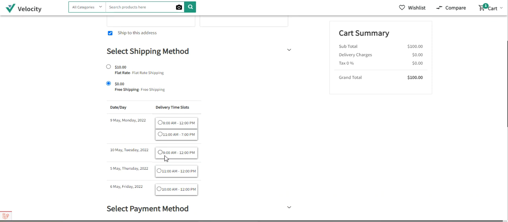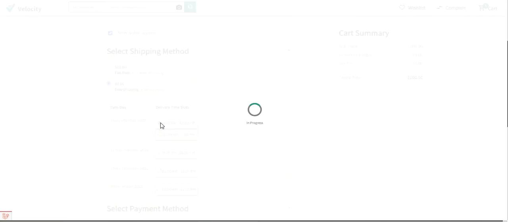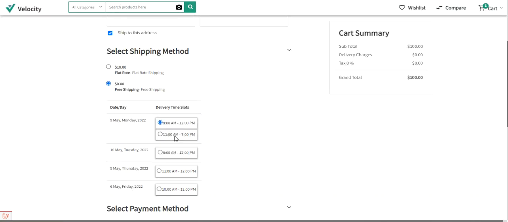For 10th May, I've created one from 8 a.m. to 12 p.m. Only one slot has been created, and the same goes with the Thursday and Friday. For the Saturday and Sunday, I have not created any slots, so that's why those dates and days are not visible here. The customer needs to select a particular delivery time slot and the date